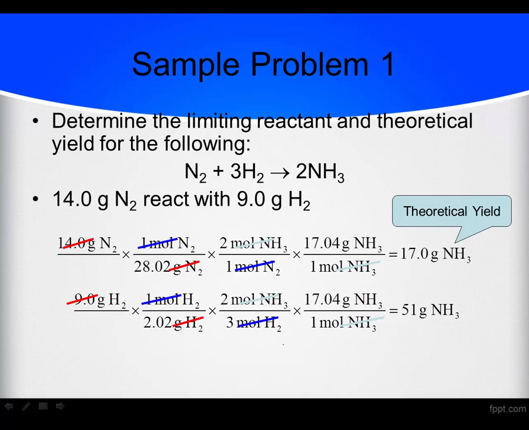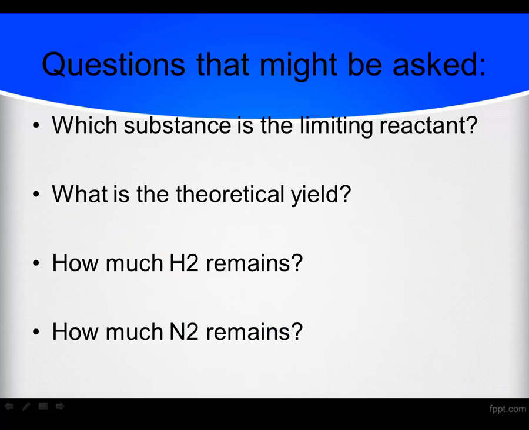If I'm asked what the limiting reactant is, it's always associated with the theoretical yield. So nitrogen is my limiting reactant. Okay. That means that hydrogen must be excess. So I'd label hydrogen as my excess reactant. It's just going to show me the questions that I might ask also. So we answered which substance is the limiting reactant. We answered what is the theoretical yield. We didn't answer the